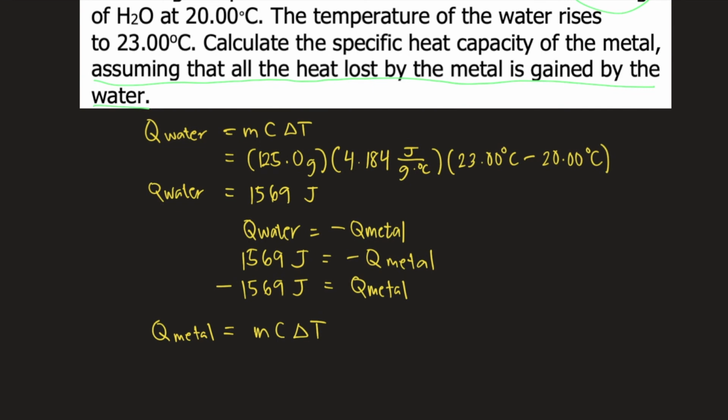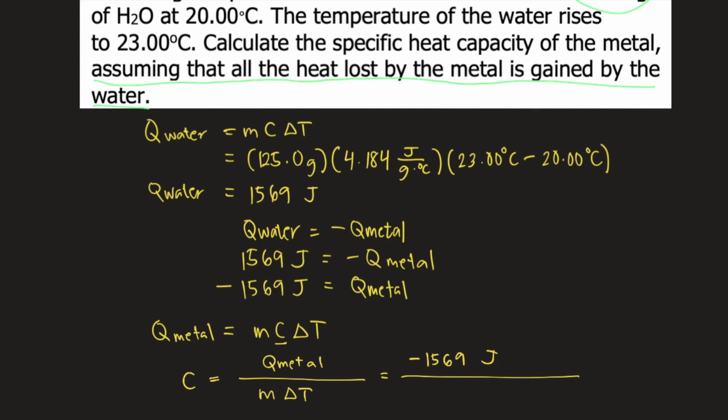The question wants us to solve for the specific heat capacity of the metal, so that is C. So if we rearrange the equation, if we want to solve for C, that is equal to Q metal divided by M delta T. Q metal, we just solved it earlier, negative 1569 joules divided by